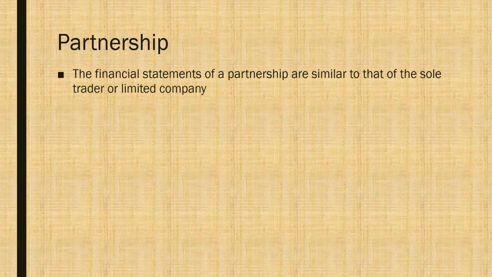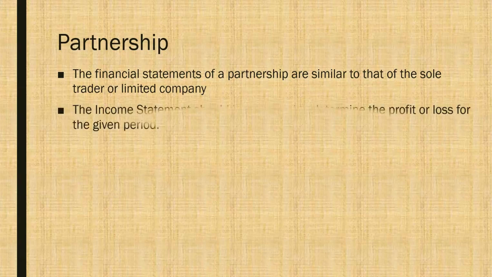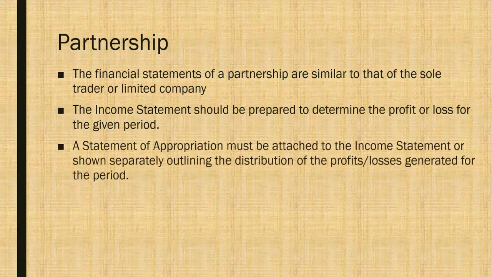The financial statements of the partnership are usually prepared similar in nature to the sole trader or to the limited company. There's not much difference in preparing the financial statements. And the income statement should be prepared to determine the profit or loss given in the period. And then you have what we call a statement of appropriation or an appropriation account, which is attached to the income statement, or it can be shown separately, which outlines the distribution of the profits or the losses which were